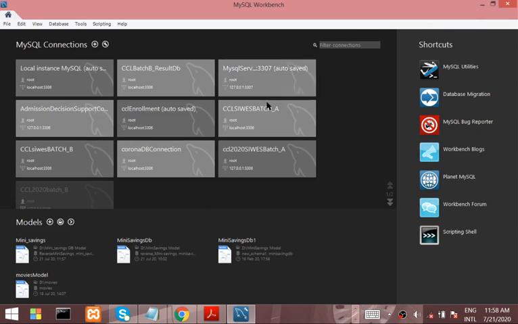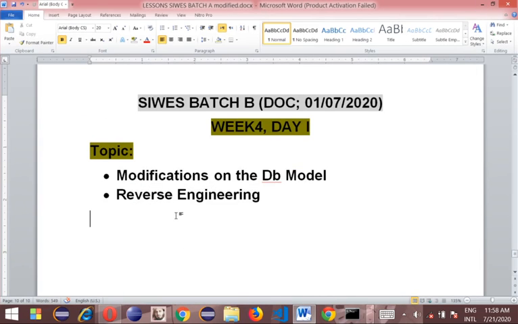For you to reverse engineer a particular database, you must have the schema of the database. A situation whereby the schema of the database is available, but the model is not available. Maybe somebody sent you the schema and you want to reverse engineer it to get the model, so you can work on it, you can modify it, you can do anything on it. So the first thing you need to do,